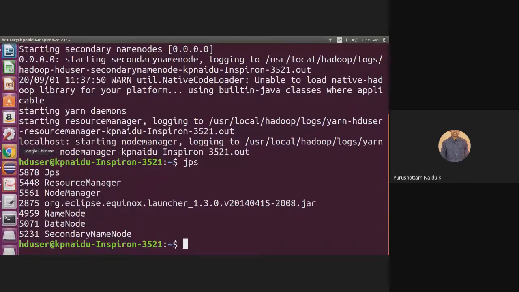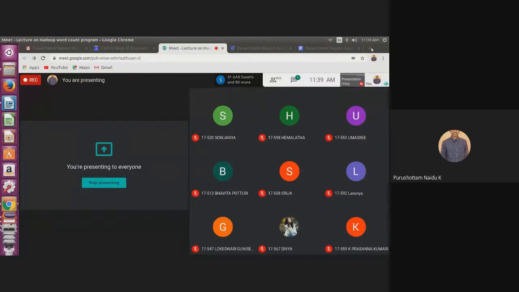Once you start Hadoop, to check the Hadoop configuration, just open the browser.